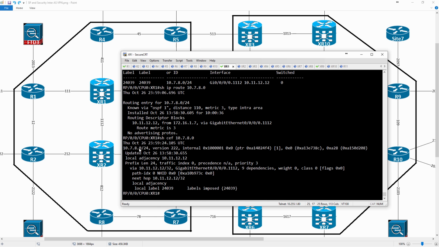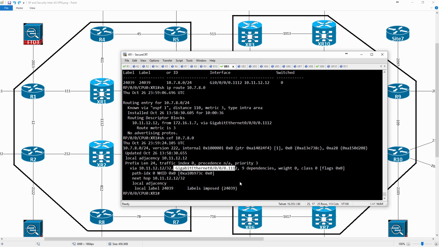I've learned about it. It's an internally routed setup. I learned it on this interface from this next hop IP address, and my local label is this. So I'm going to use 24,039 to get to this destination address, and I'm going to go out this interface